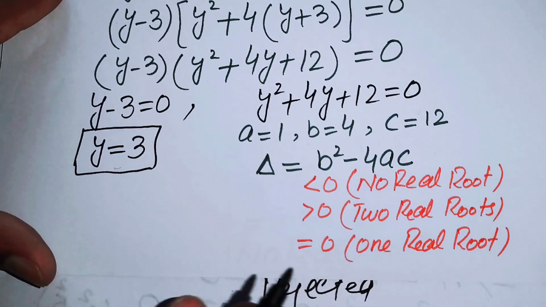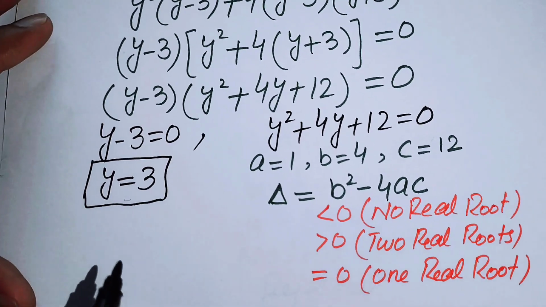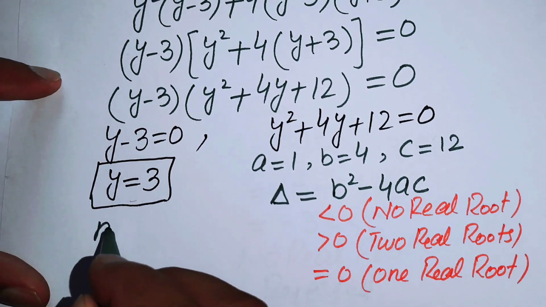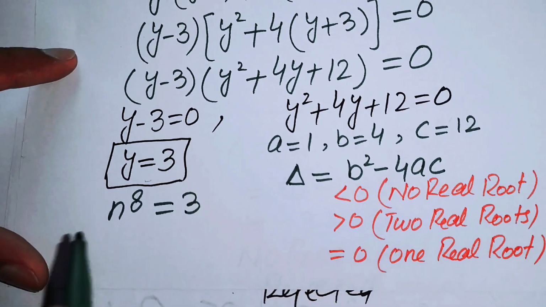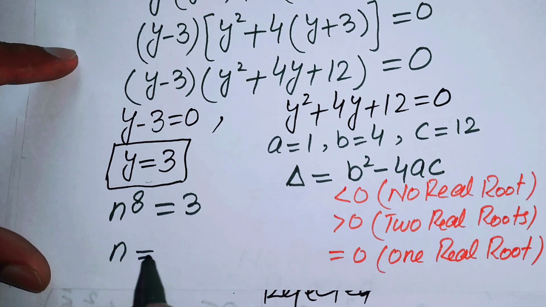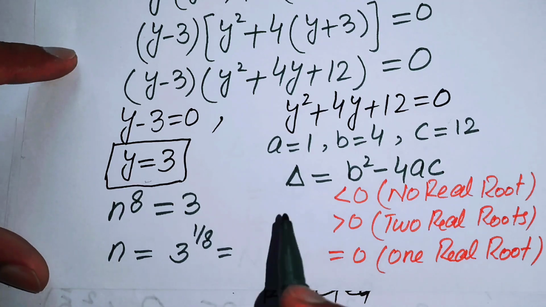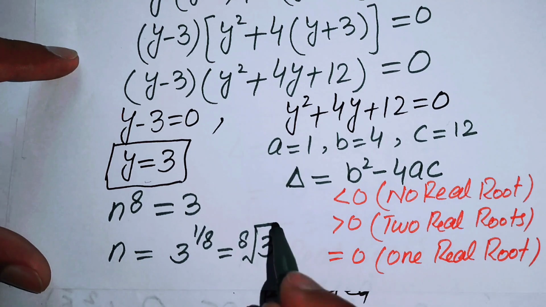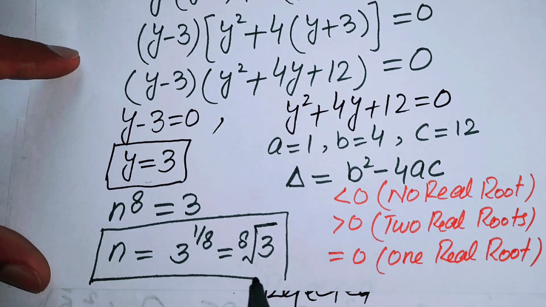So here you have the value of y is equal to 3, and we will back substitute the value of y. At the start of the question you can see that I took y is equal to n to the power of 8, so it becomes n to the power of 8 is equal to 3, and here you get n is equal to 3 to the power of 1 over 8, or we can write it in the radical form, which is the eighth root of 3. So this is our final answer of this question,